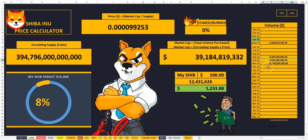You know how the devs intend to have up to 1,000 pairs listed, and at each pair's listing, $25,000 worth of SHIB will be burnt. So that is going to be anywhere between 1 and 2% of the supply in conjunction with other things. So let's be generous. Let's give ourselves 2%. So at this stage, we're looking at 0.01, and your $100 is going to be worth 1,000, which is a